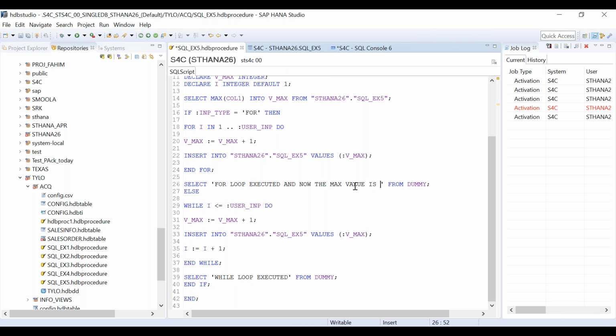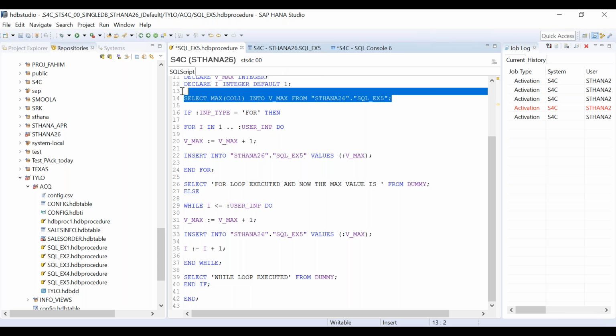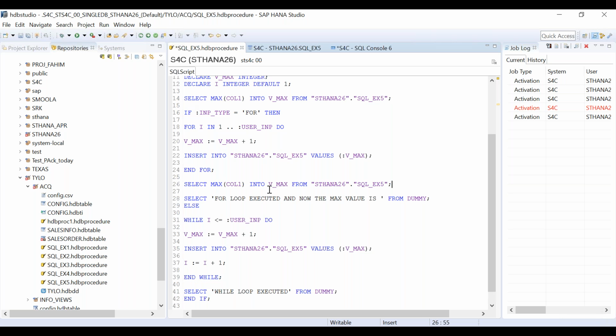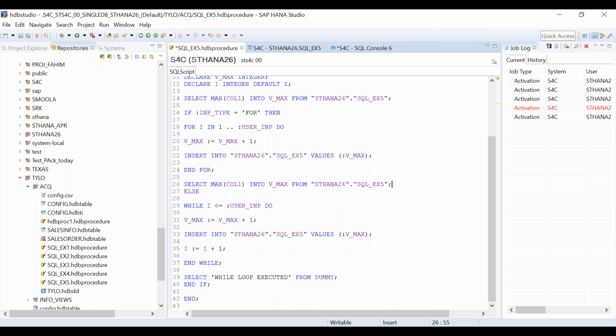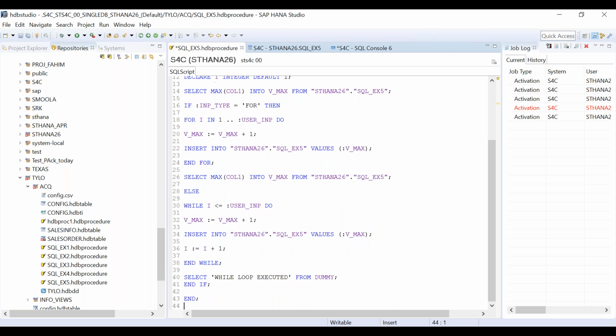So for that, we have to again fire the select query with the maximum value. So let's say Control C, Control V, and I will use this V underscore max also here. And then the max value is V underscore max. Okay. Simply copy this again. Take this and we will write this statement right at the end. No, not at the end. We will have to reduce here only.